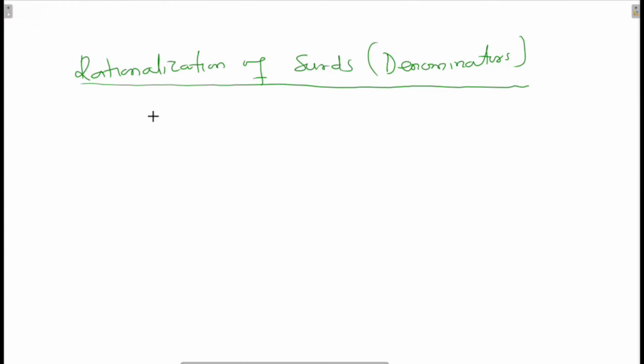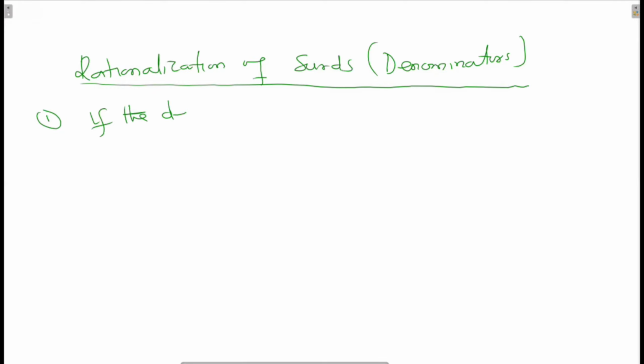That means we have a surd in the form of a fraction. That means the denominator is a surd. If our denominator is a surd, how do we simplify it or express it? Now, it is in two cases. Now, if the denominator is just a single surd,